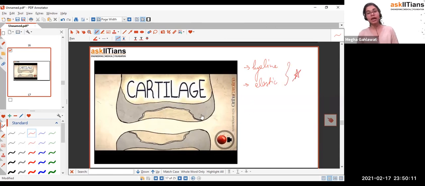Okay, apart from that, cartilages are very important. Why? Because they help in protecting the bones and they help in smooth movement of the joints, right? Also, if you break your cartilage, it is very difficult for you to realize that the cartilage is broken. Why? Because they do not have any kind of nerve supply, and if there is no nerve supply, we won't get signals to the brain, and then that way we won't get any pain